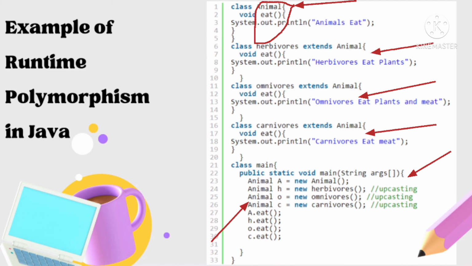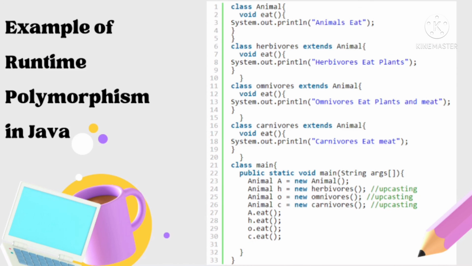Now A dot eat calls the method which is defined in class A. H dot eat calls the method which is defined in herbivores. O dot eat calls the method which is defined in omnivores. C dot eat calls the method which is defined in carnivores.